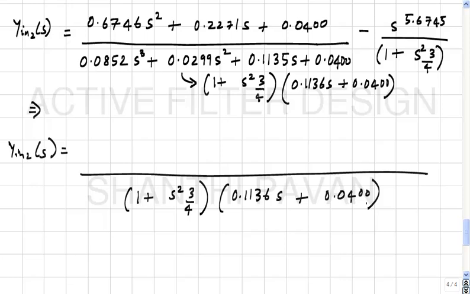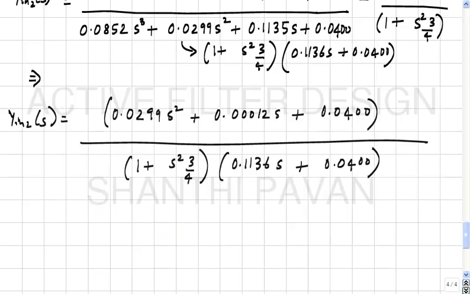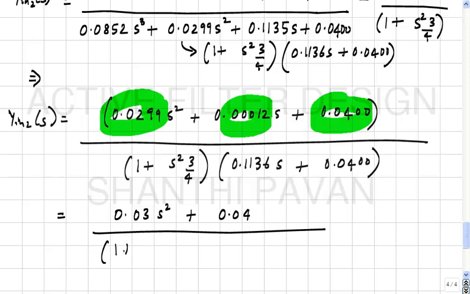Can somebody evaluate the numerator, please? So as you can see, this and this are slightly off due to numerical round off. So the true thing must be 0.03 s square plus 0.04 divided by 1 plus s square into 3 by 4 times 0.1136 plus 0.04,